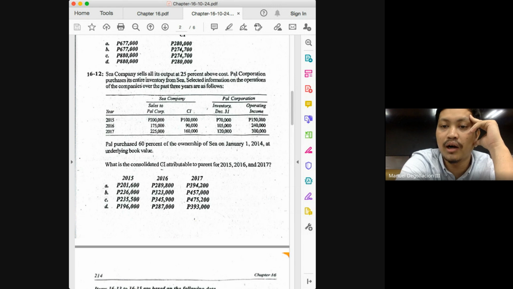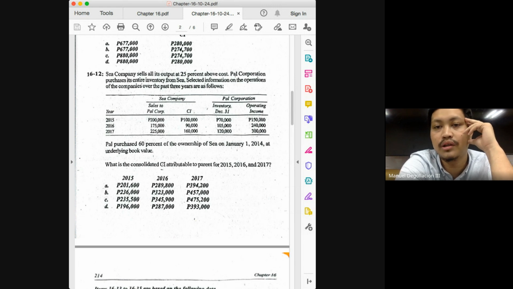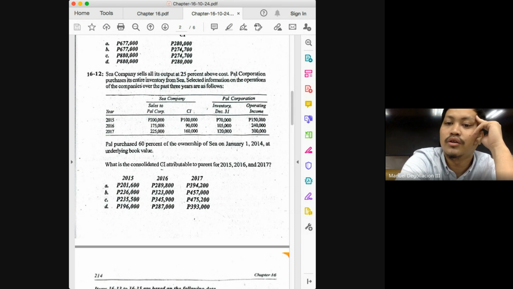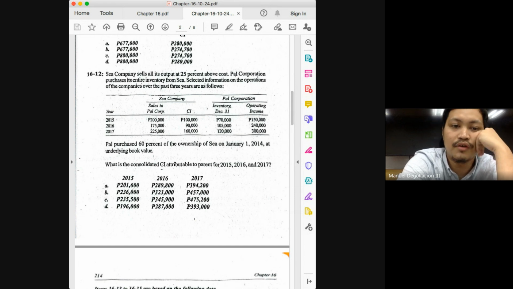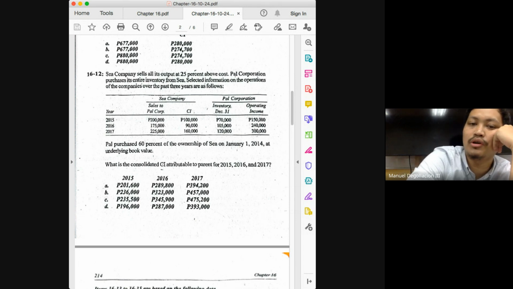Then just compute for the markup on ending. The ending inventory is 120,000. The markup rate is 20% based on the selling price. You multiply 120,000 by 20%, that will give you 24,000. And the markup on ending would be a negative adjustment. So the adjusted income of the subsidiary will be computed as 160 plus 21 minus 24 will give you 157,000. You add 157,000 with the income reported by the parent of 300,